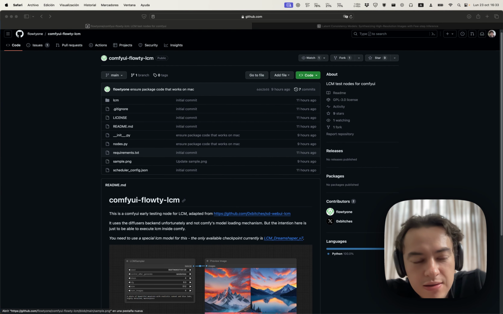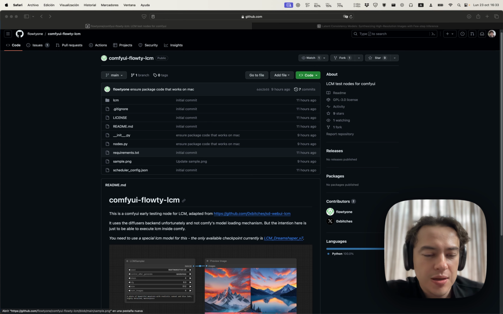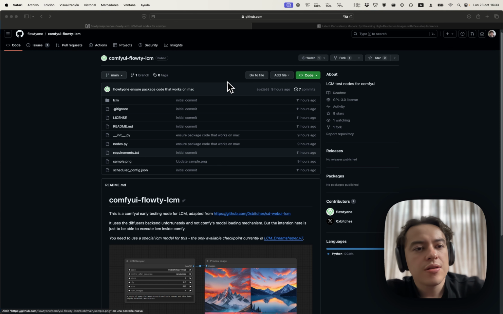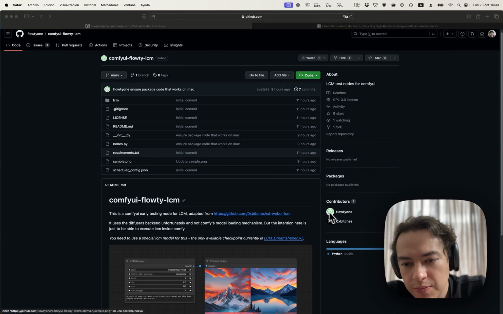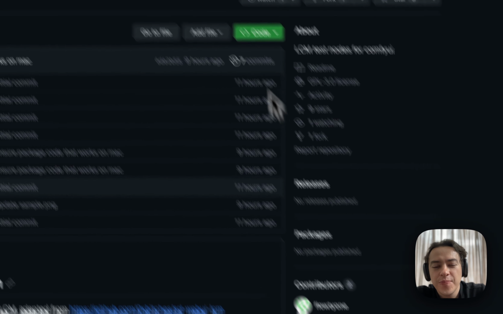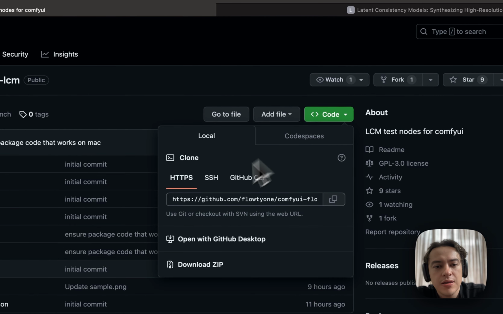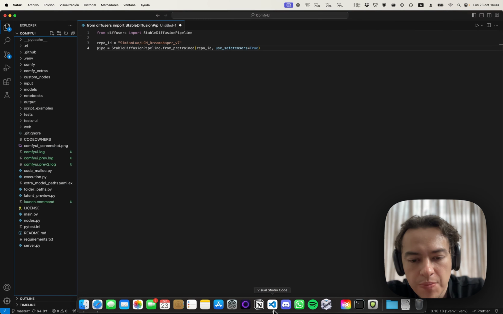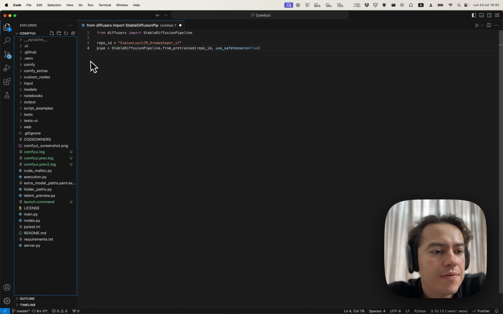It's not perfect yet, but images are looking really good, and there's always room for improvement. This is only the beginning. So we're going to install this node, which was made by Floaty1 and 0x bitches. To install it, we're going to copy this URL from here, and we're going to open our ComfyUI folder